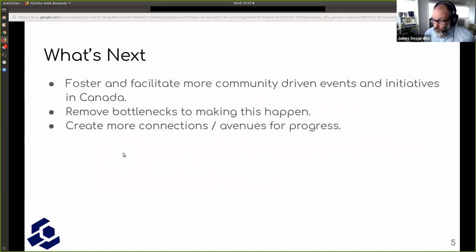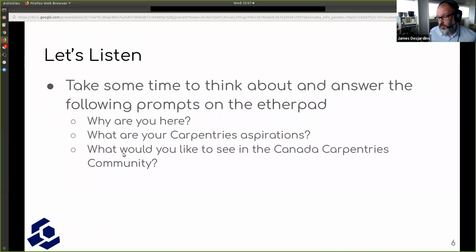And then, of course, always trying to create more connections and avenues for progress. And I think with that, what we'd like to do is open it back up. I don't know if John wants to try and coordinate how we can have this happen, but we'd like to open up the discussion and perhaps do it in a directed way.